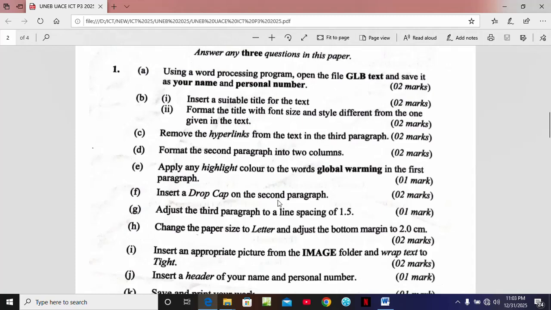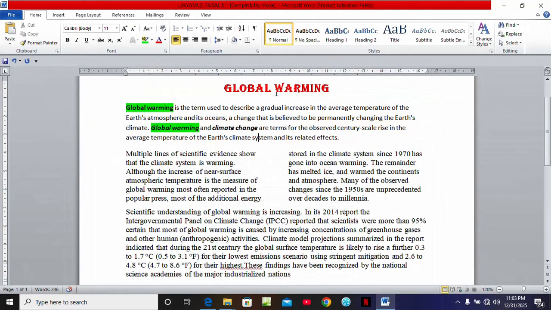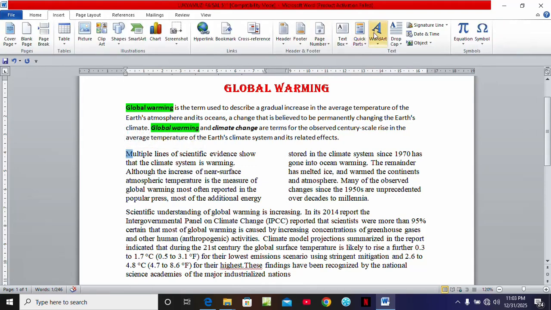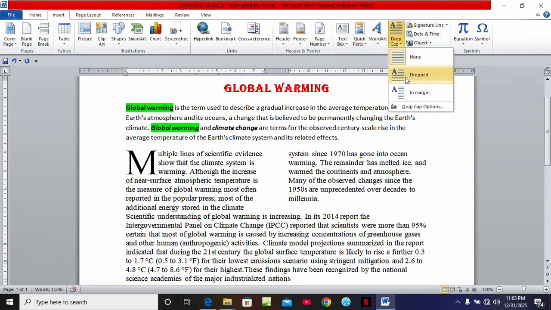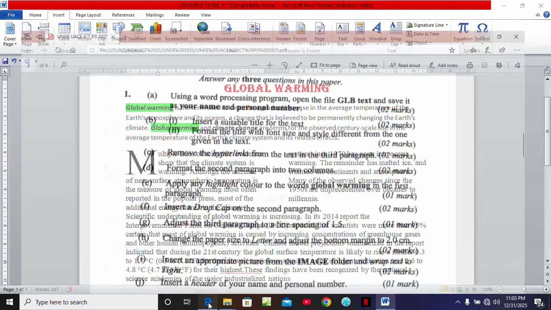Insert a drop cap on the second paragraph. So we come to the second paragraph where we click on M. Then we come to insert. We come to drop cap. Click dropped, and that's done. Then from there we come to